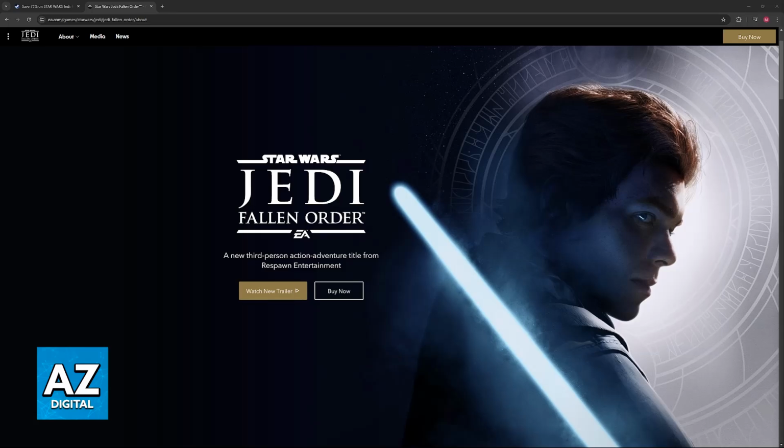Now, if you are doing this process on a console, natively your controller is going to get detected. You will be able to browse through the layouts, the controls, and the pins, and you don't have to worry. But if you are doing this on PC, you might need to do some additional setup.